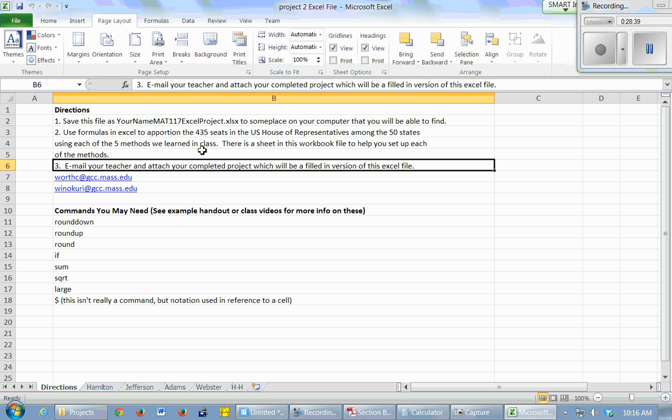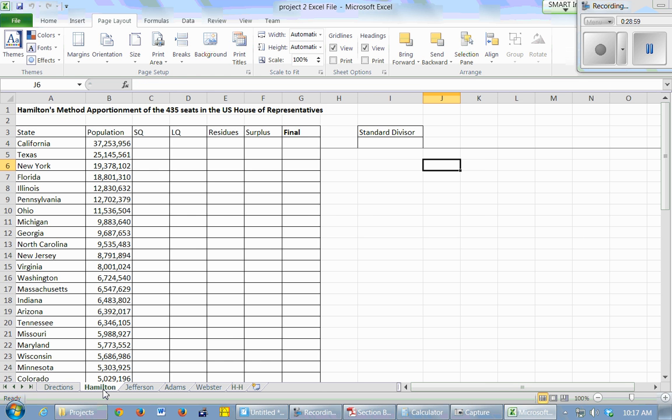Today we learned one of those methods, Hamilton's method. There's a sheet in this workbook file to help you set up each of the methods. The sheets are down at the bottom. There's a little tab for each of the methods. So this first tab is directions, right? And the next tab is Hamilton. And I've set it all up for you, right? I've got the whole method set up, but you have to write the formulas to get the numbers, right? You have to figure out what the standard divisor is,